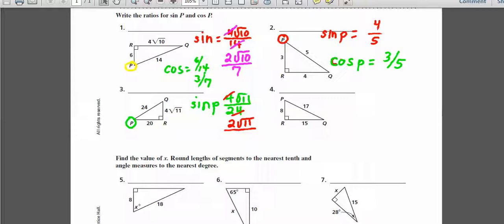Let me fix this here. There we go. I can divide them both by 4. So I'm going to have the square root of 11 over 6. Alright, and then my cosine